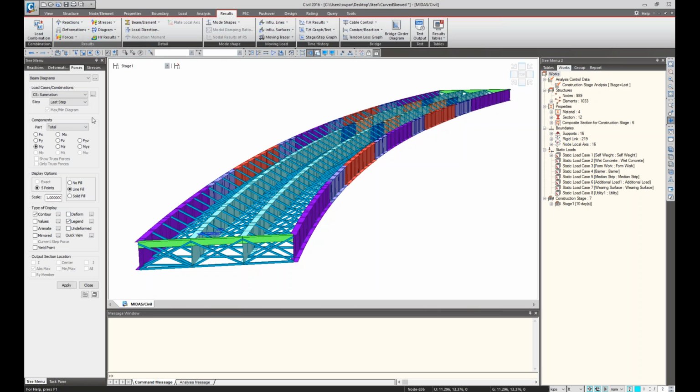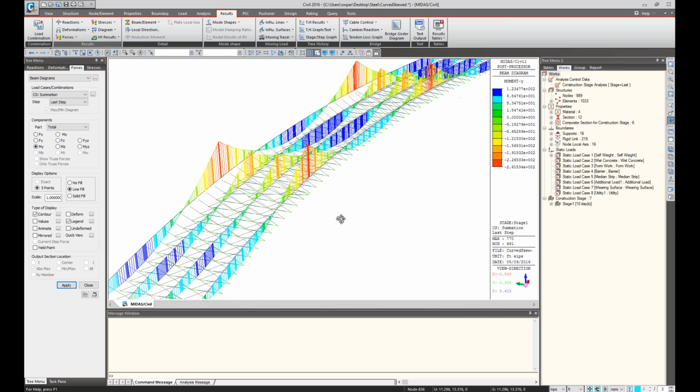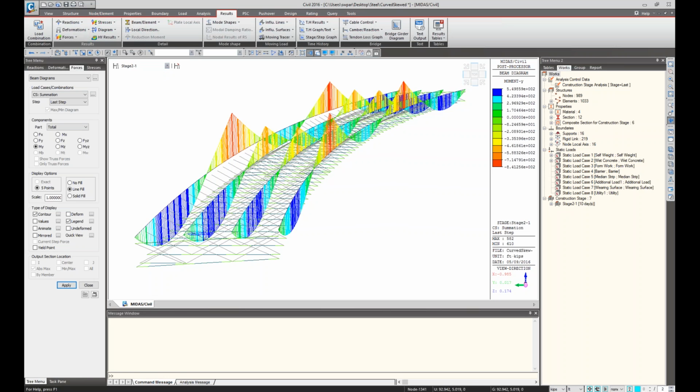Let me check MOY, which is the moment values about the strong axis, and hit Apply, and you can see the moment values along the longitudinal direction, right? This one has only steel and bracing information activated, and stage 2-1 means a wet concrete load is applied here, and stage 2-2,